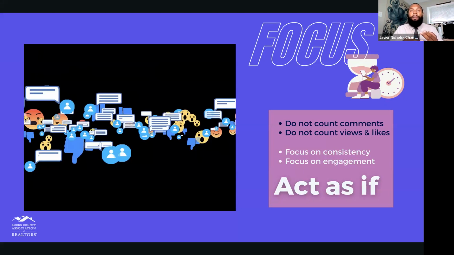So assume, act as if, assume that position, assume that role. You have permission to do so. I didn't give you permission. You gave it to yourself because you're here. You're here with us. So take away the fake it till you make it, move that out and bring in acting as if. And that's going to help you with that mindset shift, because most of us are intimidated by